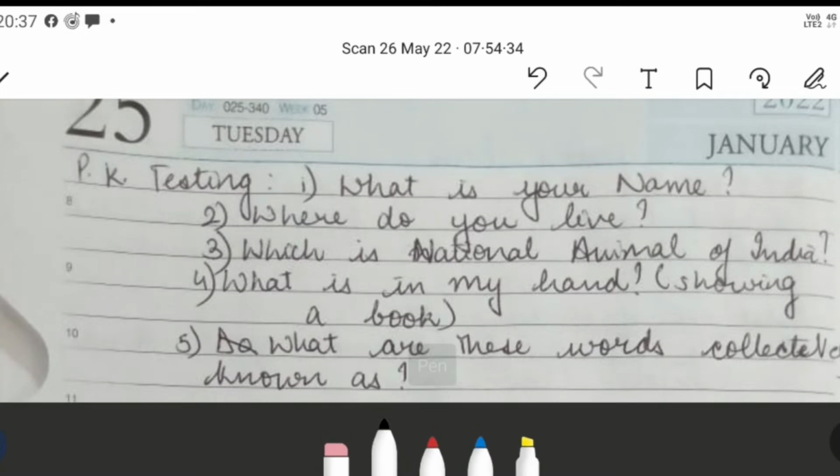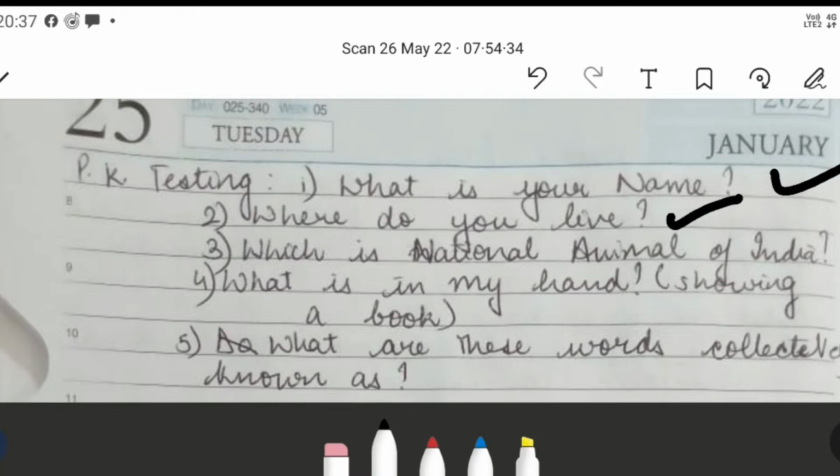Previous knowledge testing. So the content, the questions you are going to ask should be according to the topic, right? And the first answer should be followed by the next question, right? Now, what is your name? Where do you live? So these are interconnected questions, like I'm asking the same person, what is your name, where do you live? Then I can move on to the next one,